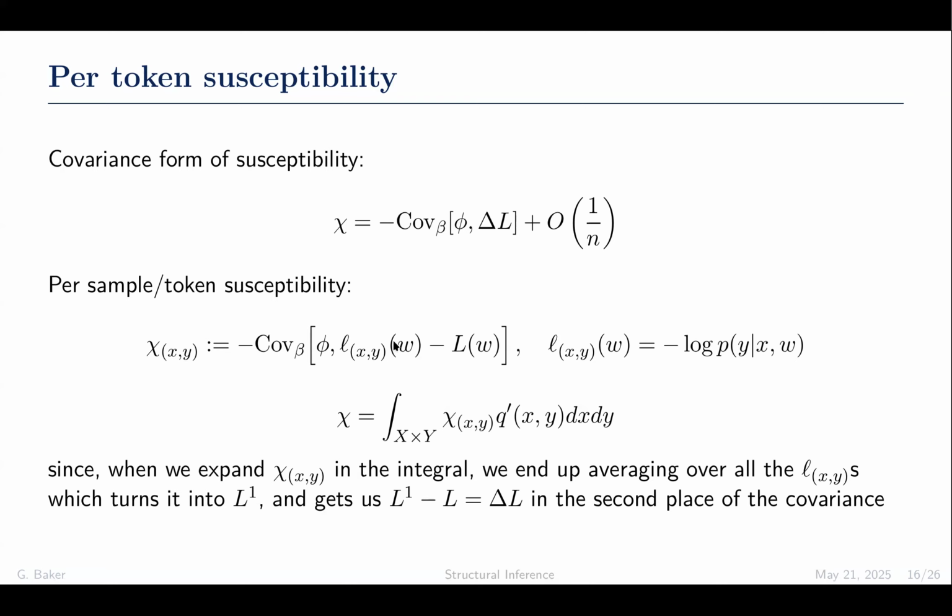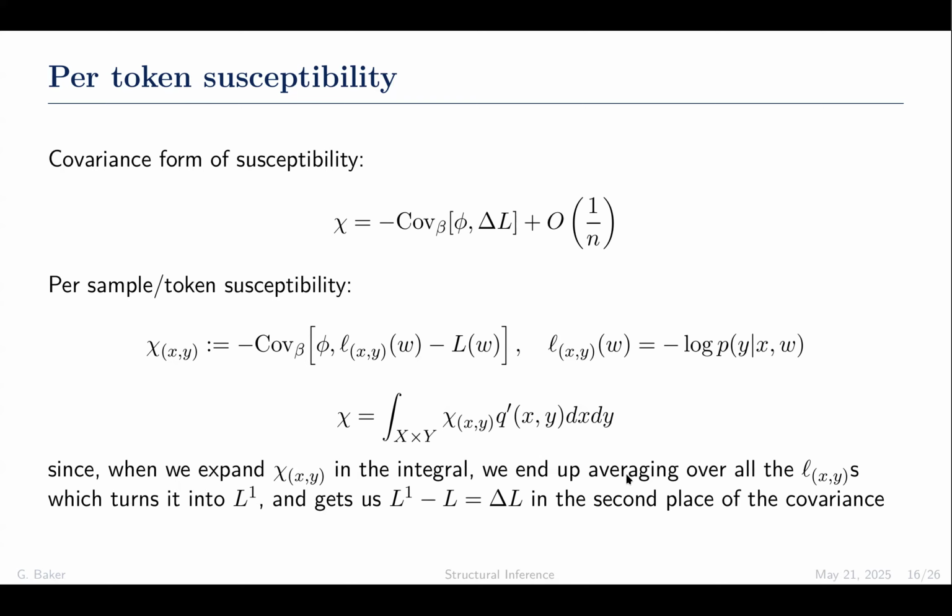So we choose a sample, we find the log loss on that sample, and we subtract the overall expected log loss over everything. And the reason why we choose this is because actually, if we ignore the O of 1 over n, I think, this chi ends up being equal to the integral of this over all the different x's and y's